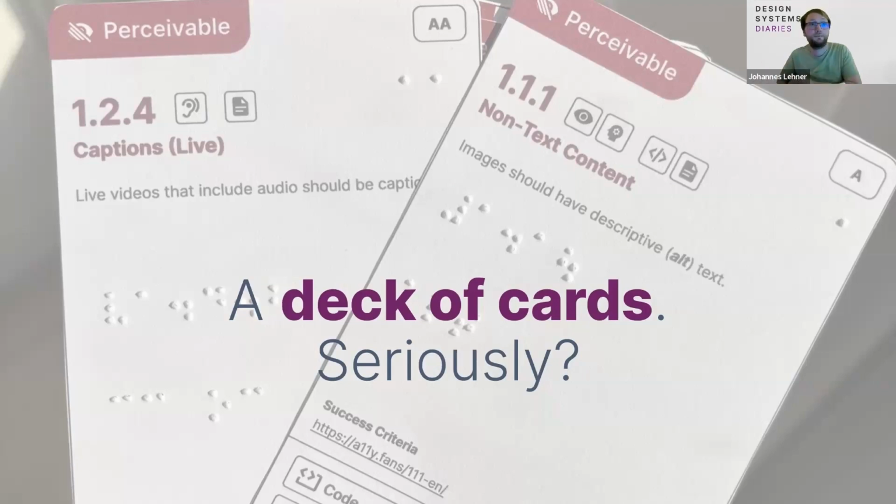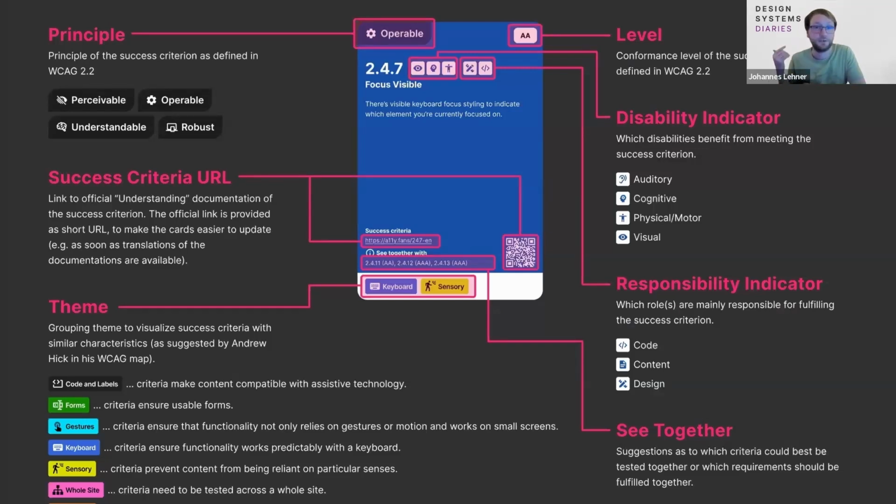So now, what's on the cards? If you haven't seen them yet, the previous card deck, by the way, was from someone in the community, Kimberly, who happens to be blind, and created something really amazing for the project. On the cards, you have different sections and areas where you can see the principles. Obviously, you have to connect it somehow to the Web Content Accessibility Guidelines. You also have the number connected, the title, and the level. To really use it, I will dive into methods that I am currently working on to make it more usable for you and easier to understand if you can't or don't want to create your own method.